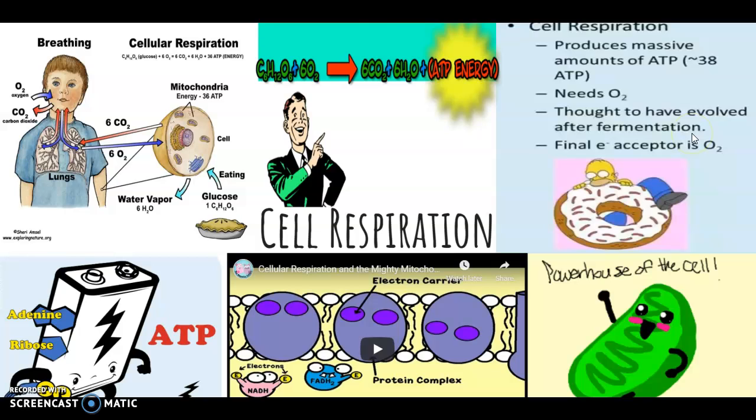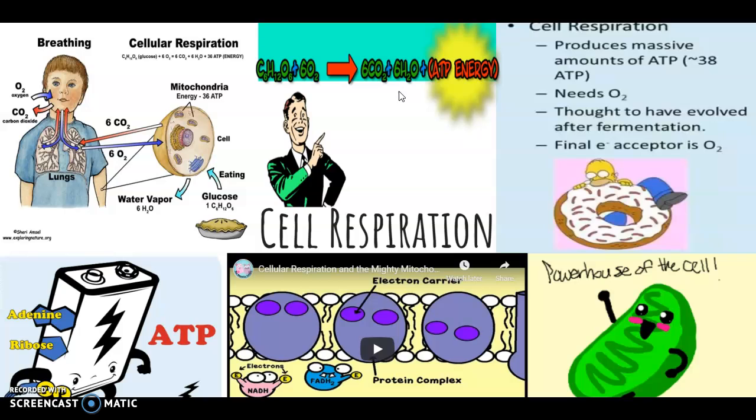So cellular respiration is going to use the glucose and oxygen from photosynthesis to create ATP energy, and that's the energy that you are using right now to breathe, to move, to hold yourself up. And then as byproducts, we also produce carbon dioxide and water, which will keep the energy cycle going.